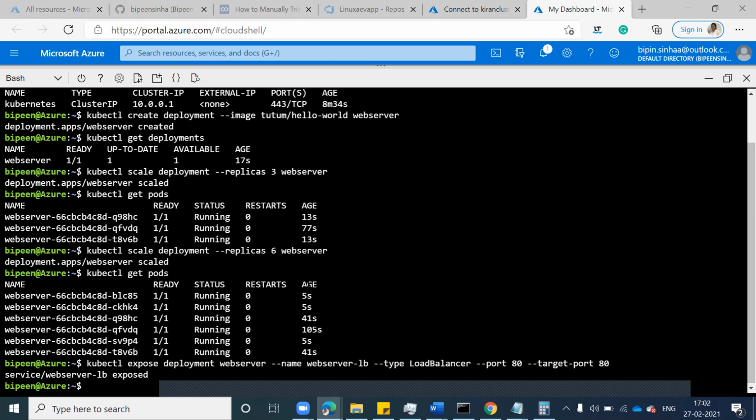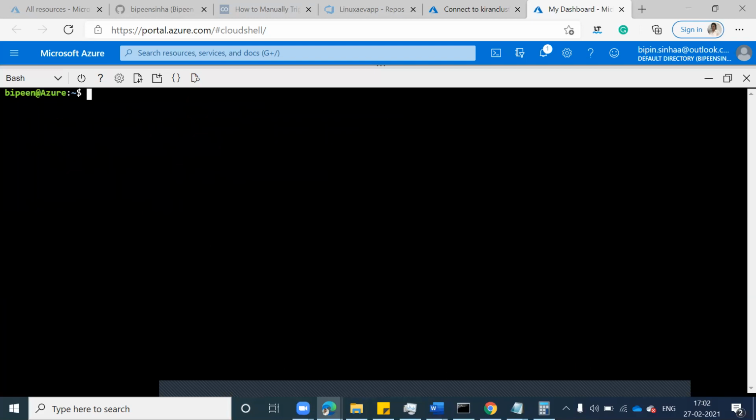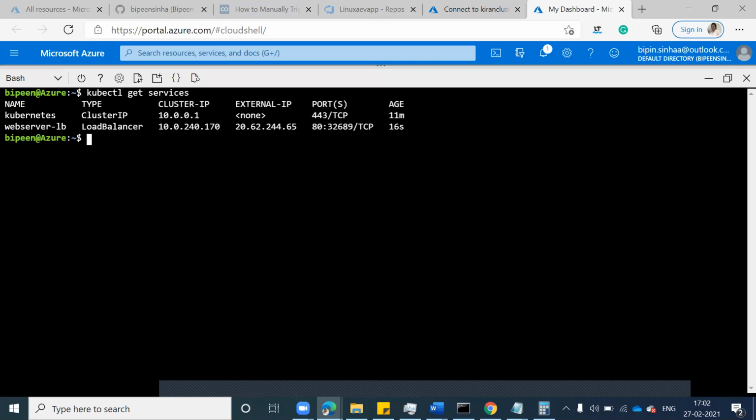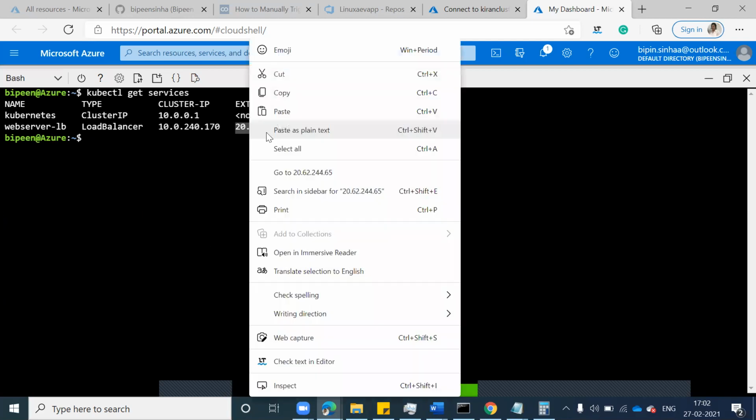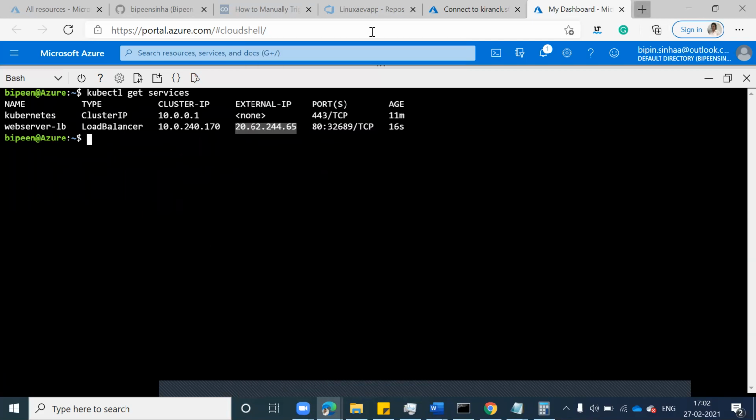Hit enter. Clear the screen. Now just type get services. You get a public IP, right? If I go and paste this public IP, it will open the site.